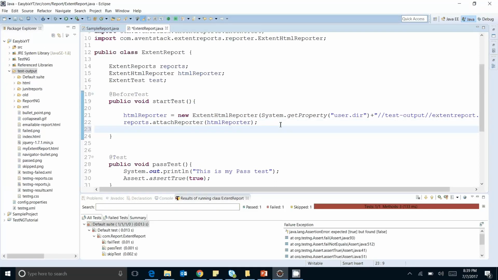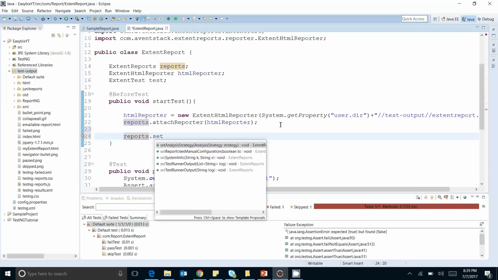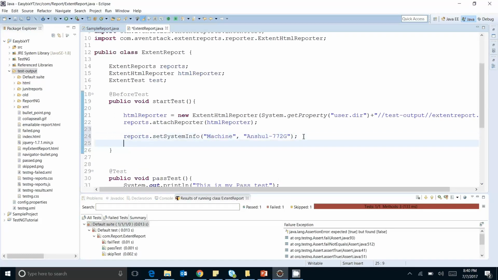Please make sure inside your extent report you can add the system information, or you can add the environment information as well. How can we add the environment information? Let's do this using set system info. Here you need to pass the key, suppose machine, and you need to pass your machine name, like my machine name is Anshul 772G, and I need to pass another system info like environment.